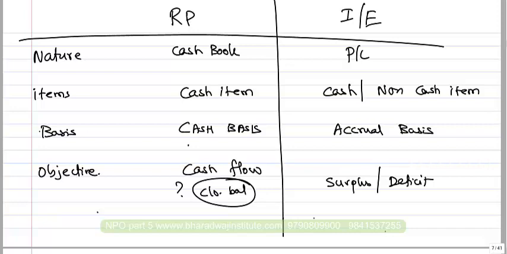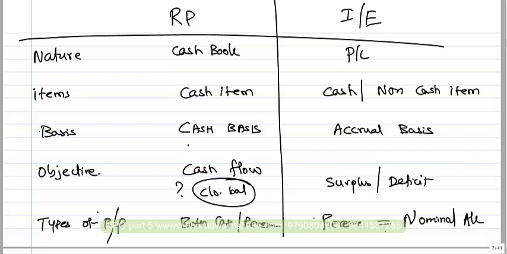And in case of income and expenditure account, what do we work out? Surplus or deficit we work out. And we record both capital and revenue receipts. For example, entrance fees. Will it be recorded in receipts and payments account? Yes. What about in income and expenditure account? No. Entrance fees will be taken as what? Capital item. Sale of furniture. Will you record in receipts and payments? Yes. But in income and expenditure account? Only the loss or profit you will record.